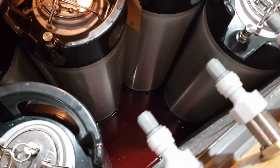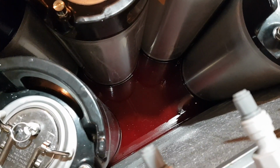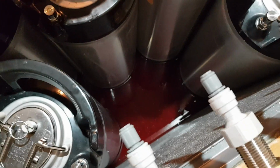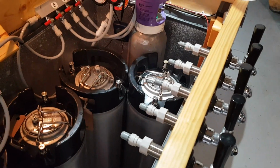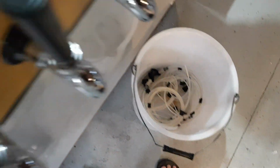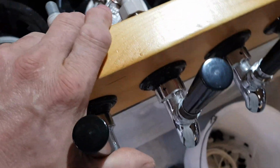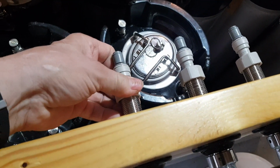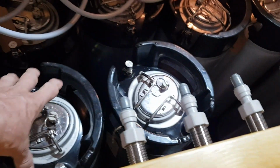Following the somewhat disastrous leak, where we now have about, I don't know how much is down there. When I get it out, I'm gonna measure it. So I suppose, trying to look on the bright side, it gives me an opportunity to clean all of my ball locks, take my taps off, clean out my taps, take these John Guests off, clean these John Guests out, and then